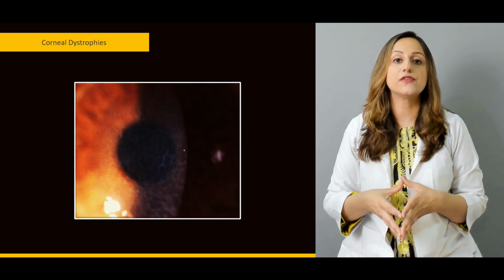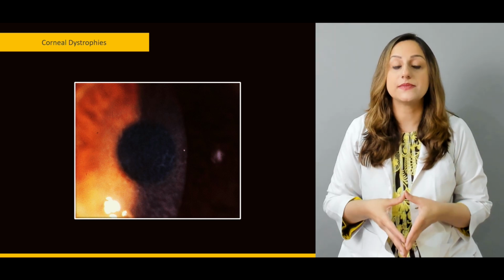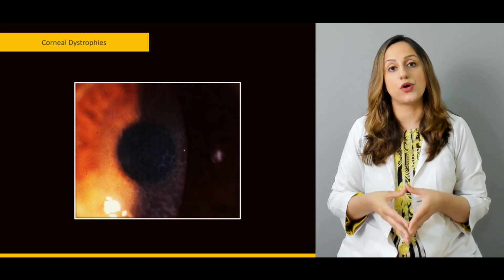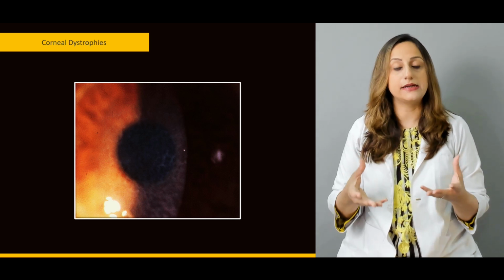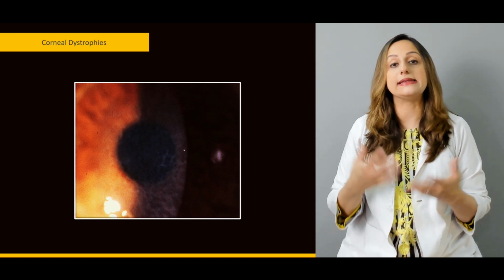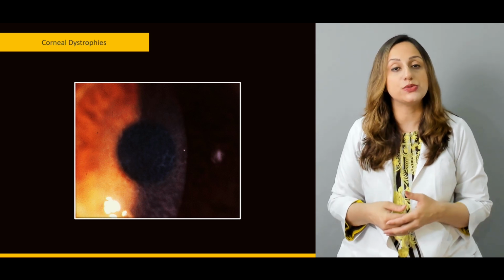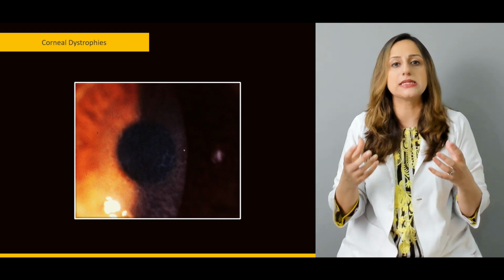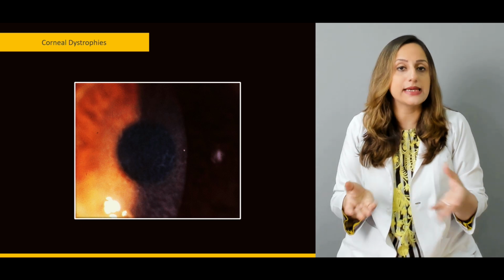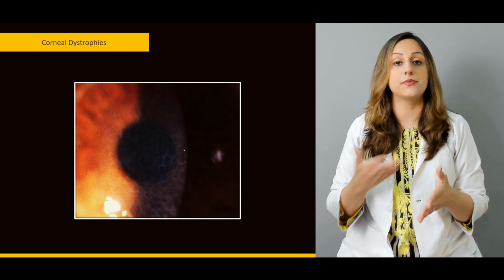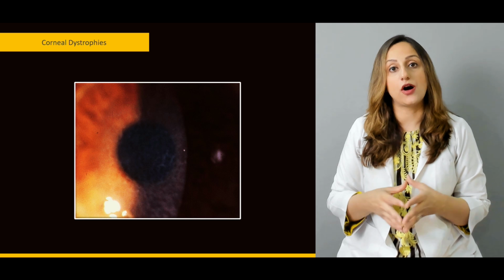After that, we have a stromal layer, and sometimes these dystrophies can involve the epithelial layer, they can involve the stromal layer, and they can even move up to the Descemet's membrane, which is quite a tough membrane,